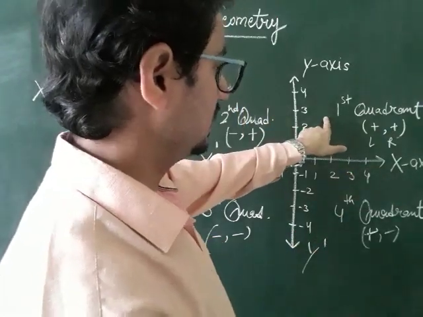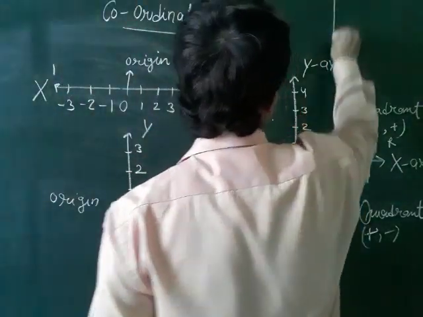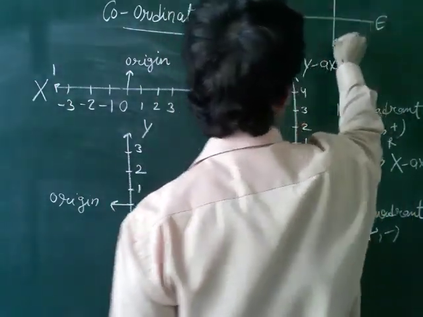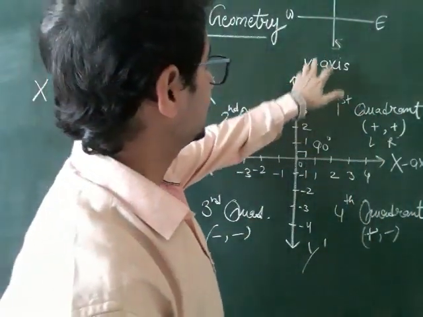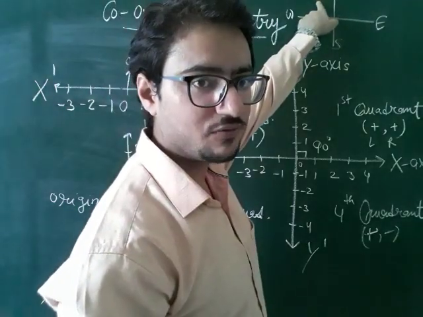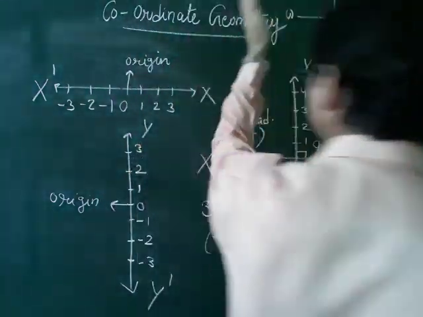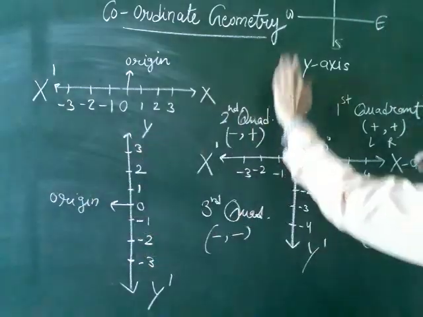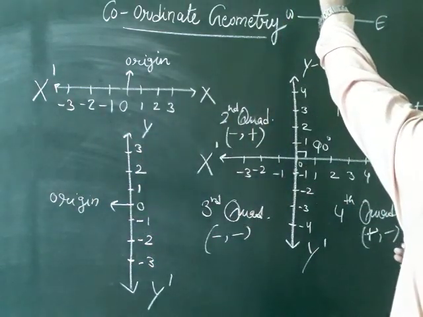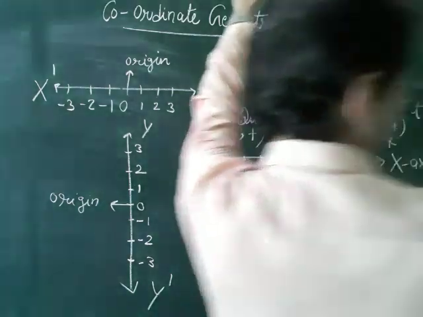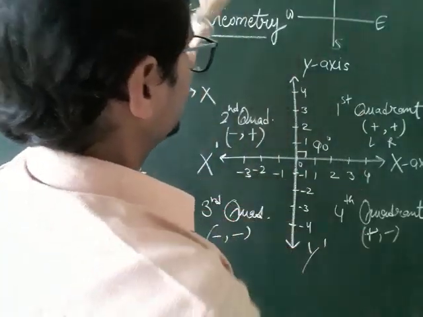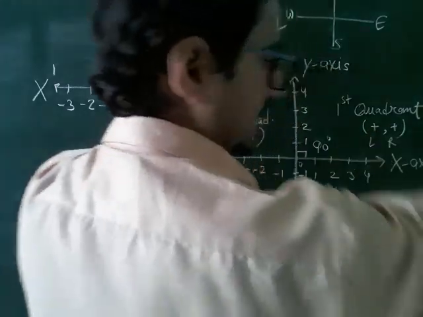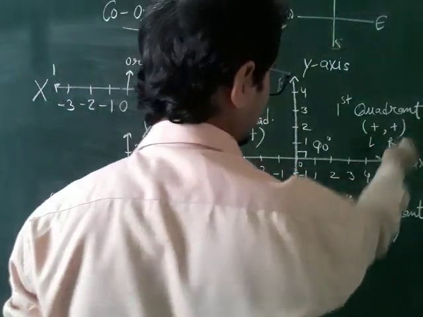First quadrant, you can also try to understand it like east, west, north, south. जब हम नॉर्थ फेस करते हैं, अपना फेस नॉर्थ, तो हमारा लेफ्ट हैंड ये होता है और राइट हैंड ये, तो इसके अकॉर्डिंग लेफ्ट हैंड विल बी देयर और राइट हैंड विल बी देयर लाइक दिस. So the sign of the leftmost coordinate is plus, so we will write here plus, and right is also plus, so we will write here plus.